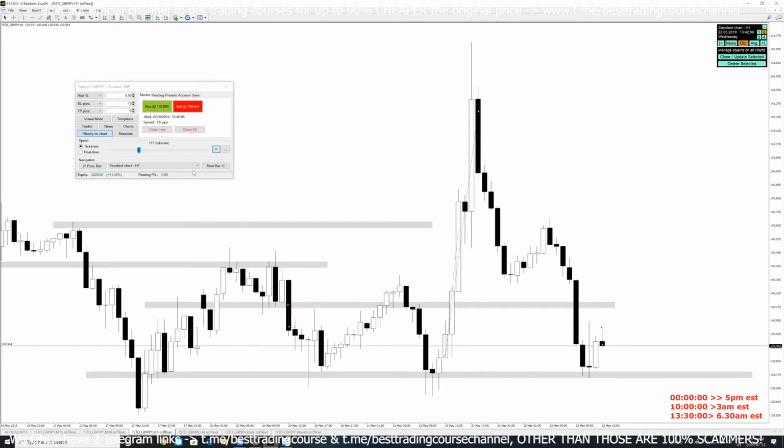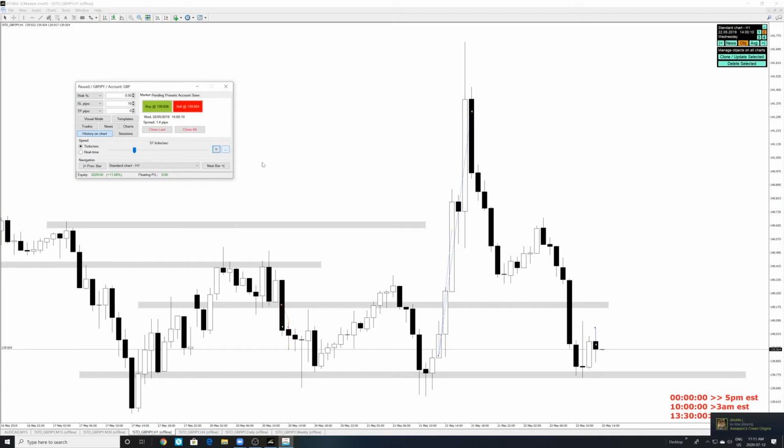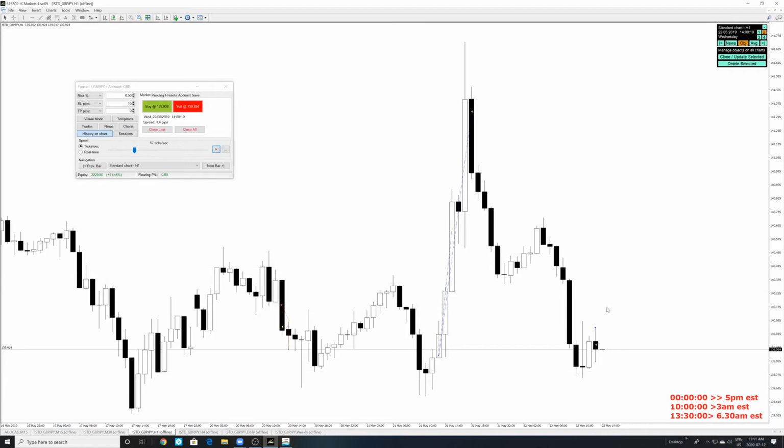Also, let's just see how this 1 hour candle closes. Oh wow, man, this candle is really tripping over here. This is forming bearish. It's about to close in 3 minutes. 3, 2, 1. Close. This is where the 1 hour candle closed. Now, essentially, the 1 hour candle is also creating a resistance and creating a support right here, right? And now we need to break either one of these.